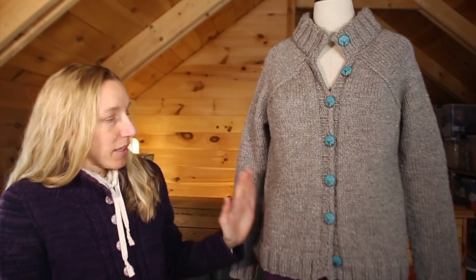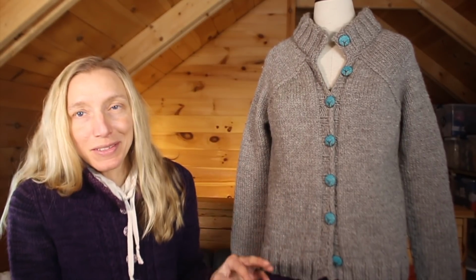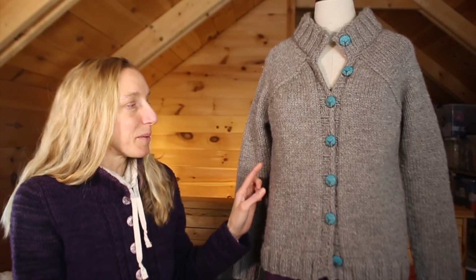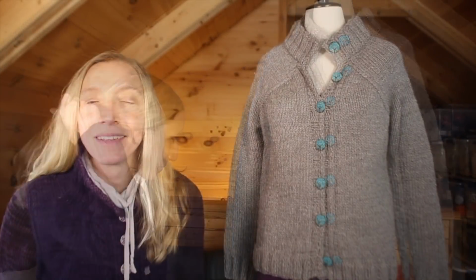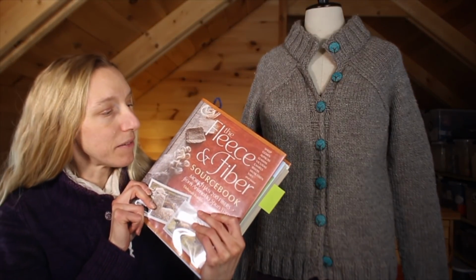So I am in love with this sweater, and I think part of it is the design, the modifications, but also the yarn. So let me talk to you a little bit about the Jacob sheep and the qualities of this particular yarn. So as always, when we get to sheep breeds, I'm pulling out my fleece and fiber source book,